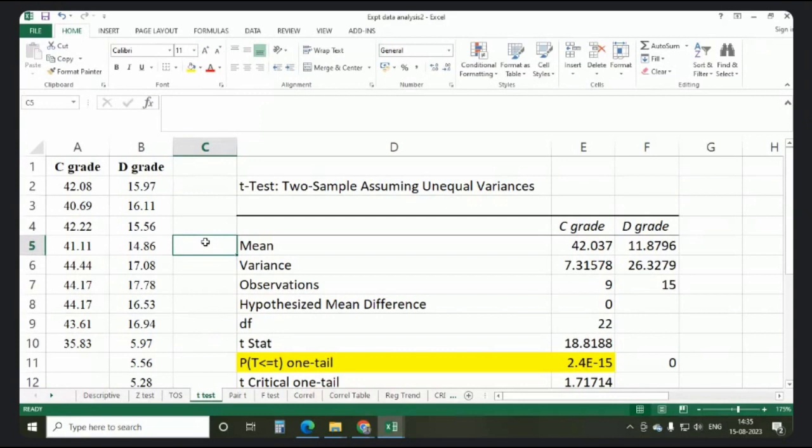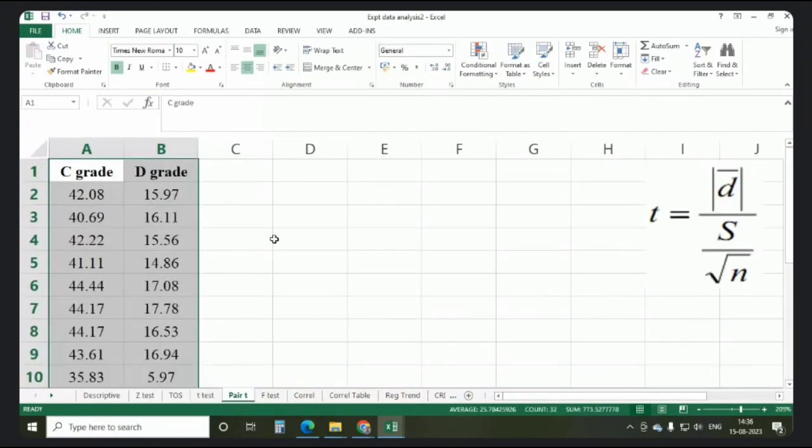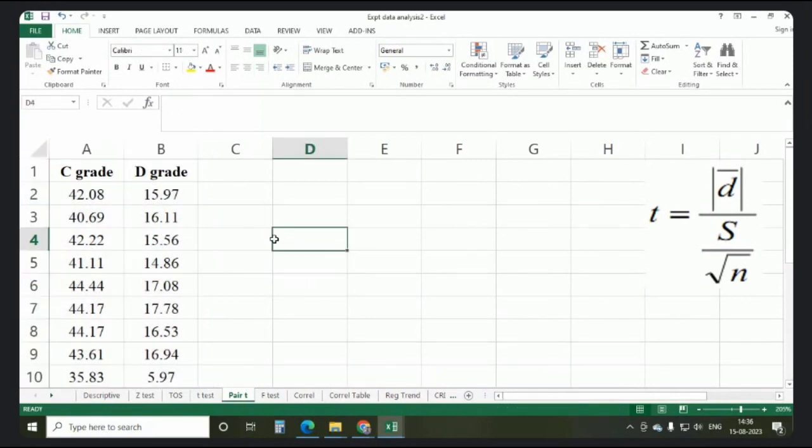The paired t-test. For the t-test, you first have to understand whether variance is present or not, and for the variances we have to use the F-test. Now we proceed to the paired t-test. Before that, you have to understand in what situation we apply this paired t-test. The first situation is when you are talking about before and after. Let us consider a company making an advertisement campaign. So after the advertisement,